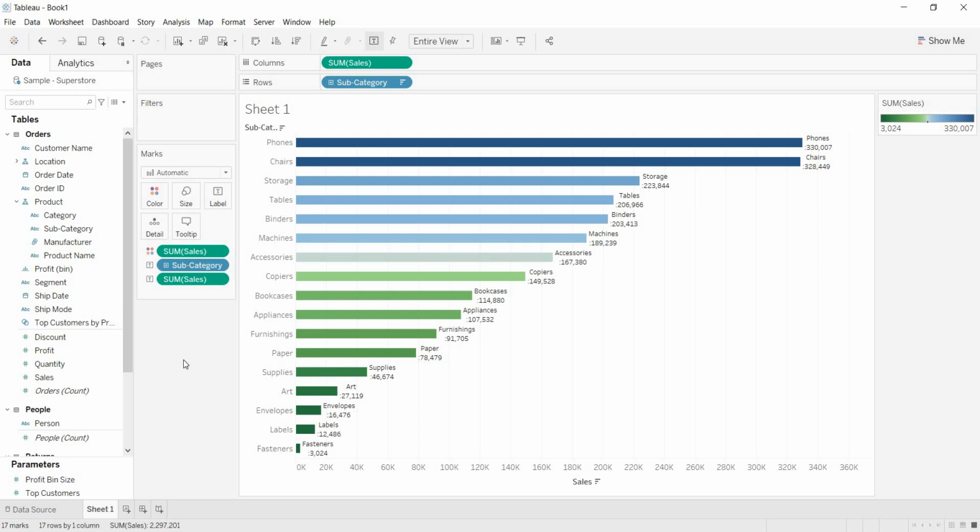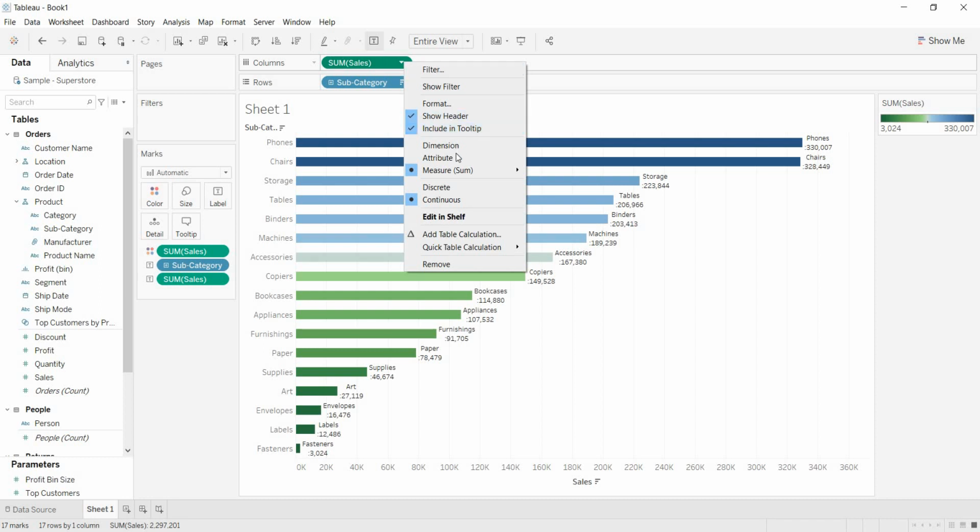And one more thing here. When you are getting your metric, the default aggregation is sum. In some cases, if you want the default aggregation to be average instead of sum of sales, you need to get average of sales. There are two ways to do that. One is when you want to change the aggregation at the view level. That means once you have built your view, here you want to represent the aggregation as average of sales. Then directly right click on the sum of sales on this metric. Here you can change this to average.